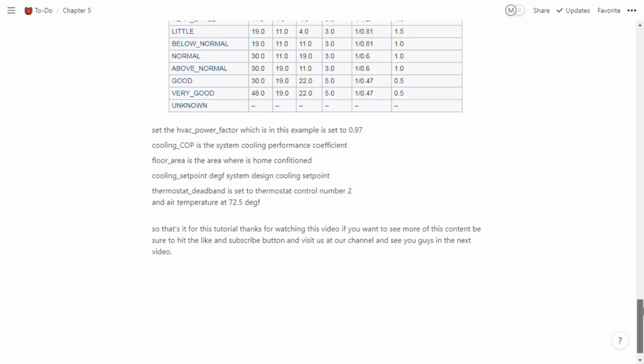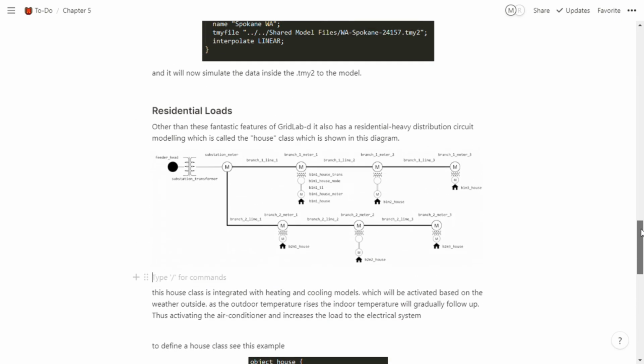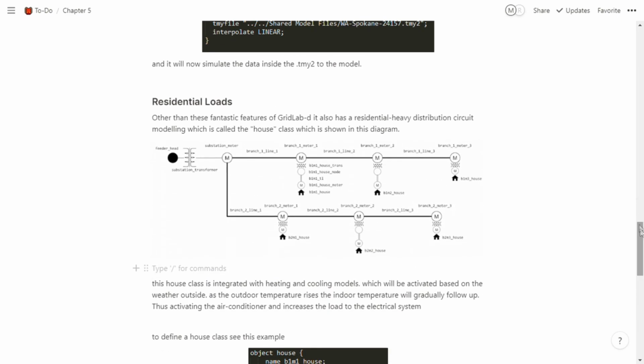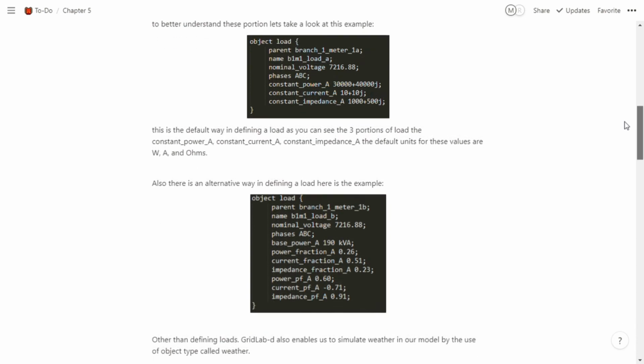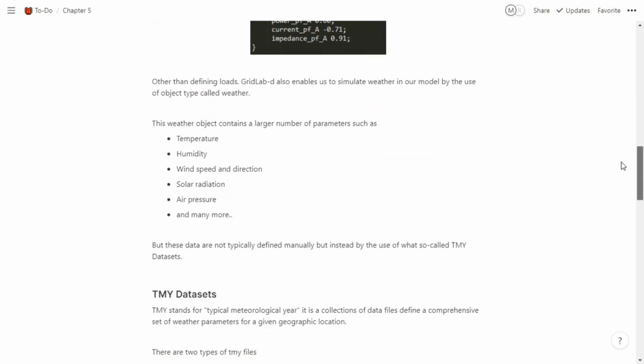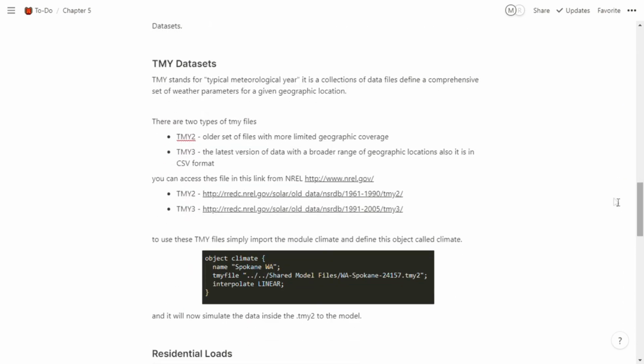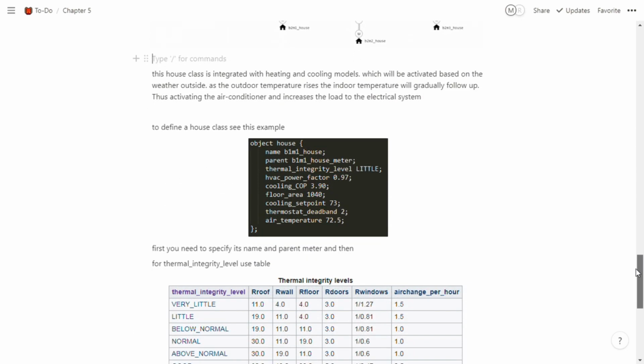So after we know all the concepts of ZIP loads, the uses of the object house, the loads, the TMY datasets, and also the residential loads,